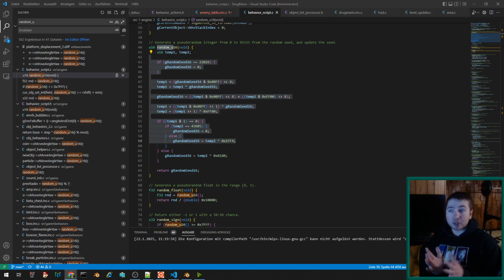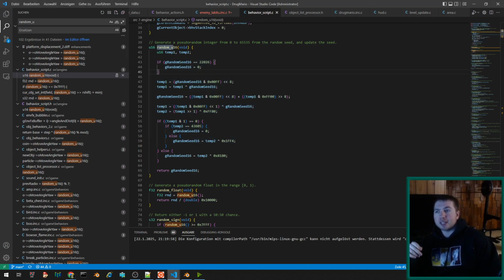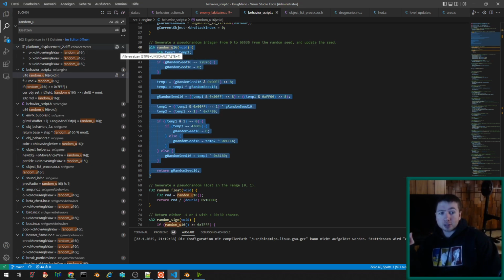Hello, I have a very minor optimization today that I'm actually pretty happy with, that also is kind of huge, and that is the random function. So everyone starts out with the random function in Mario 64 here. This function is not great, because obviously this is a lot of math. They're doing a bunch of random stuff to generate a random value out of this, and honestly this math is